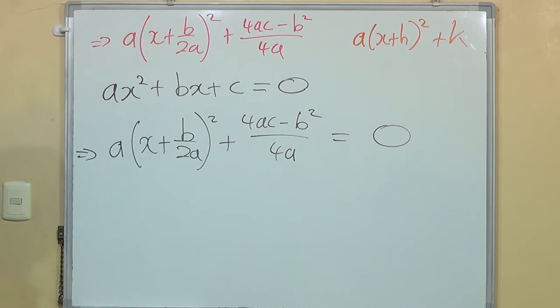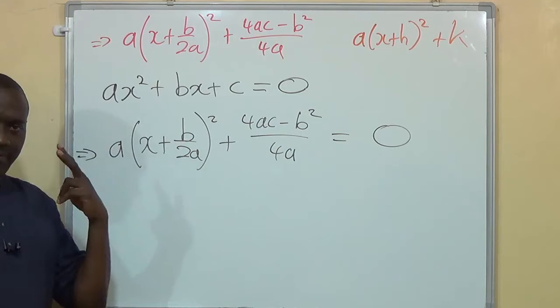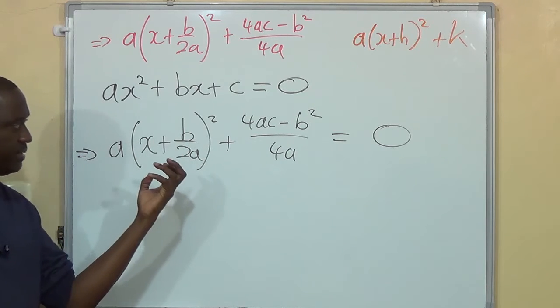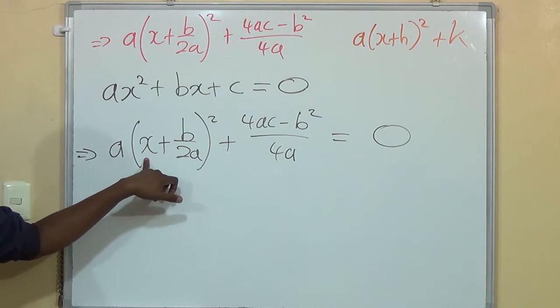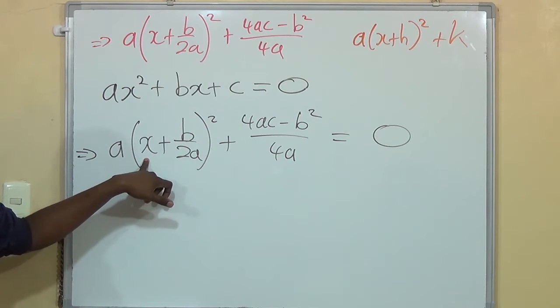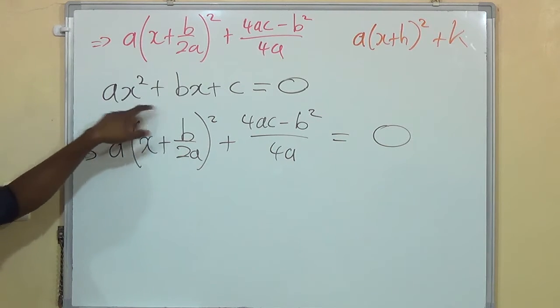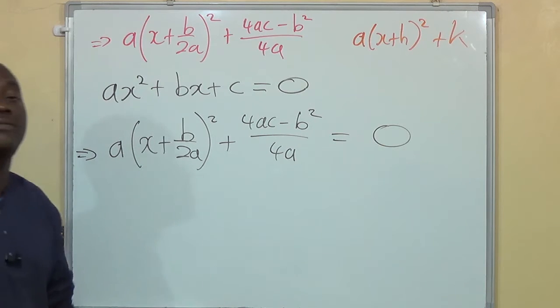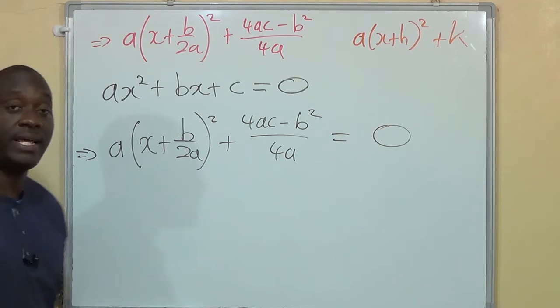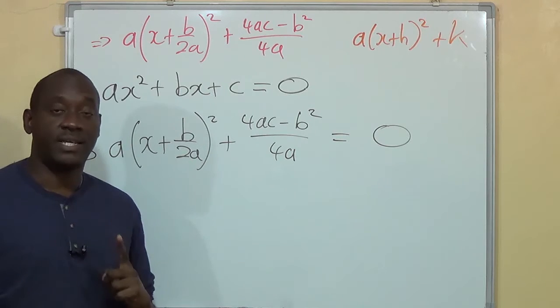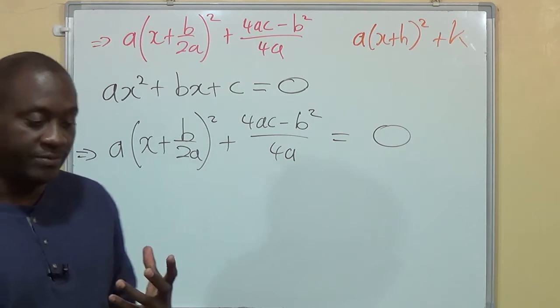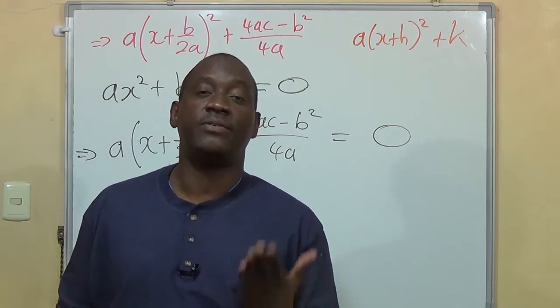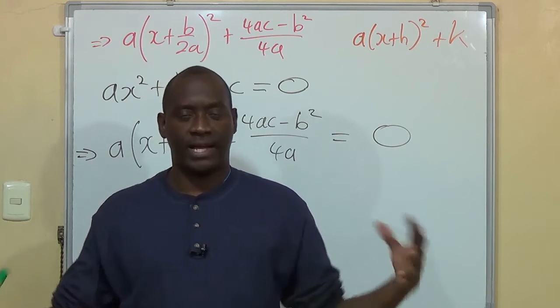So now we have a situation where, if you have the eyes to see these things, you see that you have x alone here by itself, as opposed to here where you have x squared and you have x. So in this form, we could take a series of steps that will isolate x on one side of the equation. That is what we refer to as making x the subject of the formula, or in more regular language,